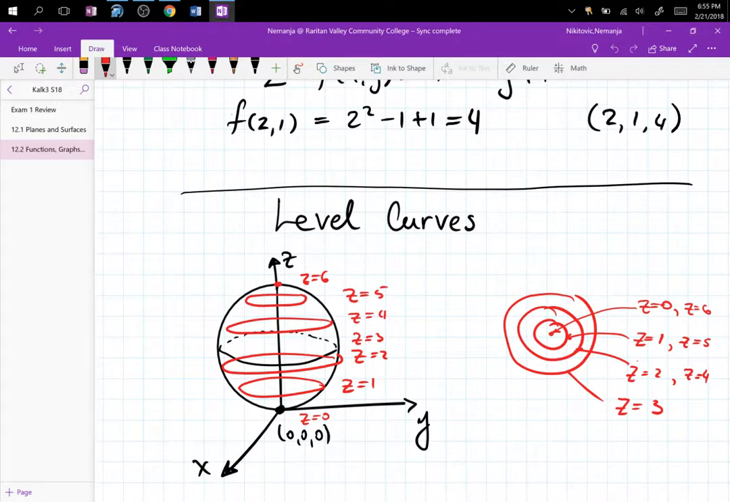So those are the level curves. And these level curves are very important to study, let's say, a terrain for maps. And that is one of the examples that I'm going to show now from the textbook. If you know proper way to read the map,